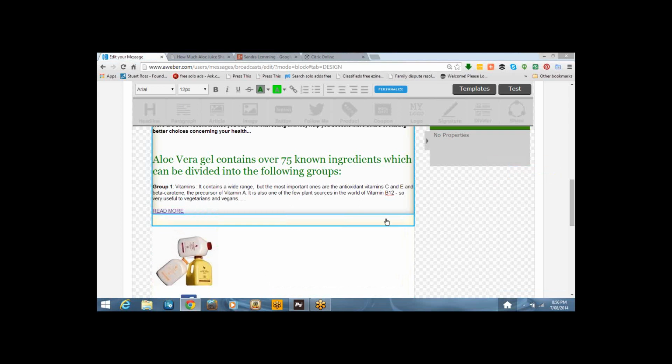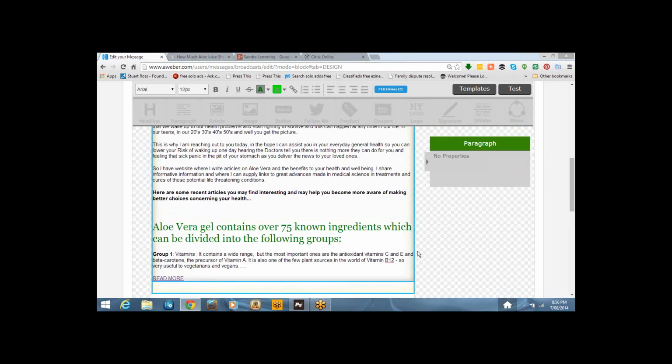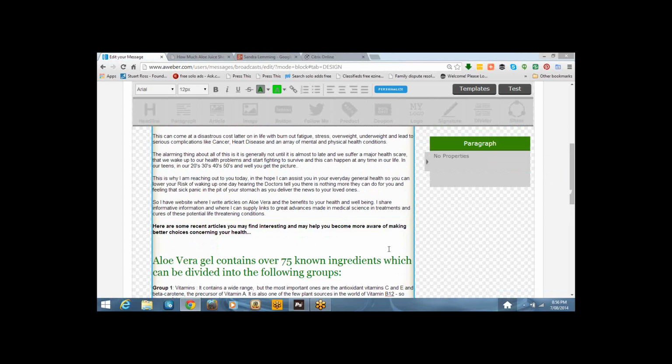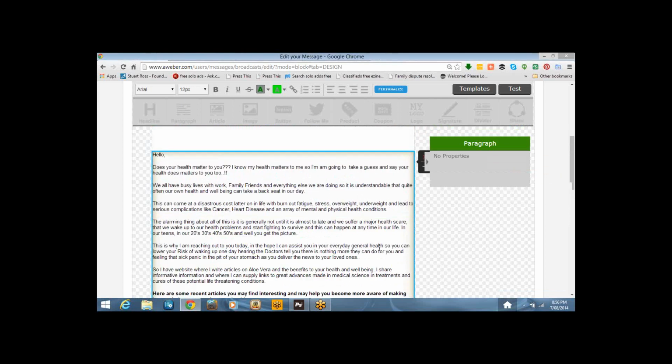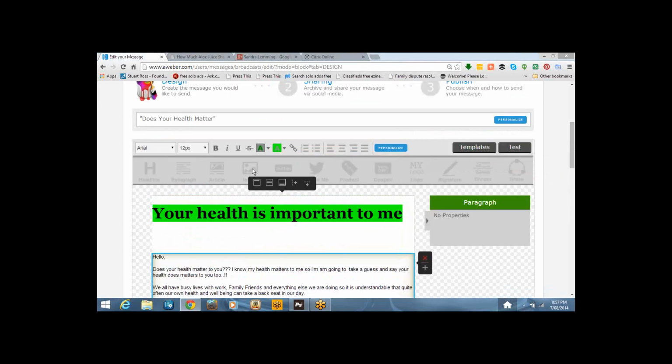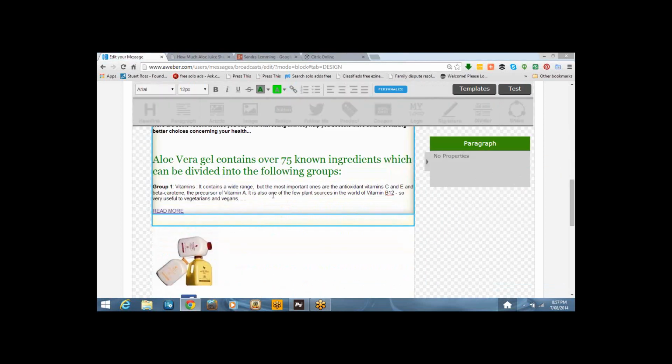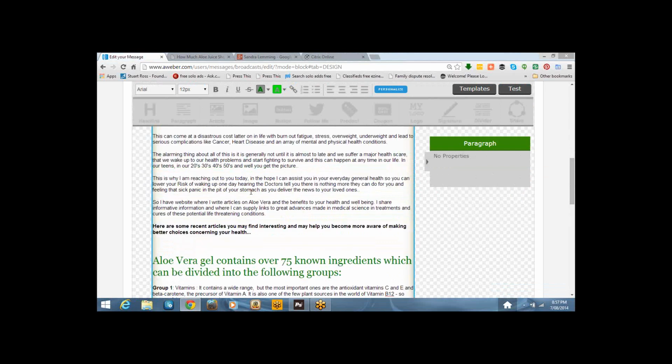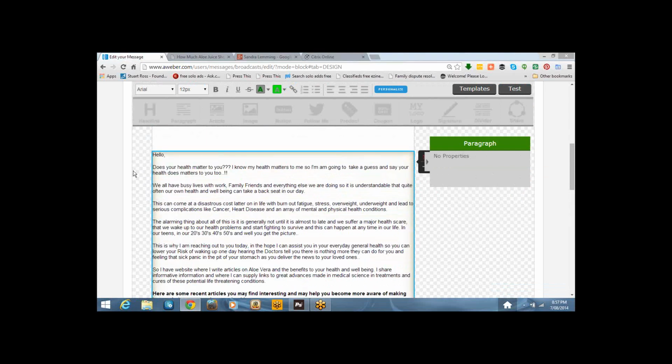There you have a very basic built newsletter that you can send. I mean, you can do a lot more with it. You can add extra pictures. You can make it look like an article. You can add an article thing in here if you want. But because this list isn't very active, I just wanted to show you how easy it was to do this sort of thing. You can use a template if you want. If you're happy with what you've got, then you can just get it ready to send.